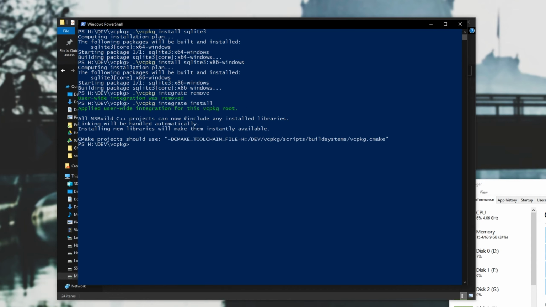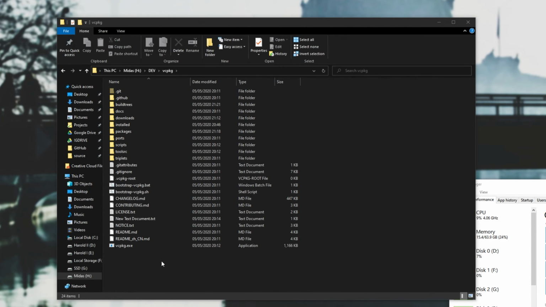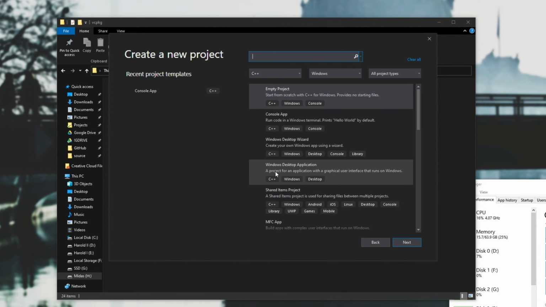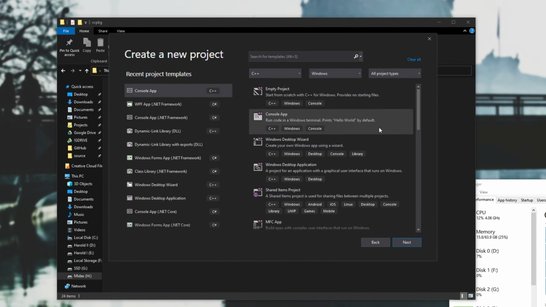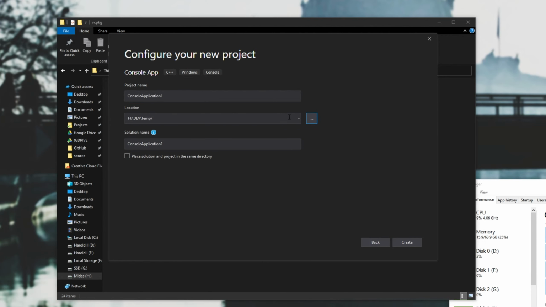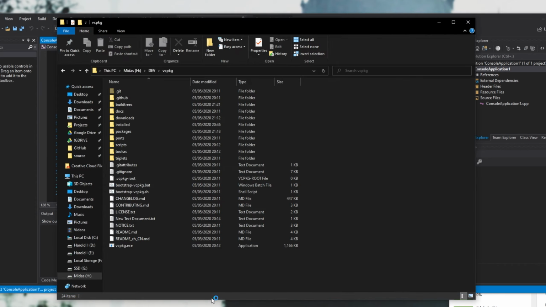So now that we have everything set up and we have a couple of libraries downloaded and installed, how exactly do we use them inside of a C++ project? Well, it's rather simple if you're going to be making a new one. So I'll go ahead and start up Visual Studio now. I'll make a new project, C++, a simple console app, and I'll place it in a temporary location as such, create,